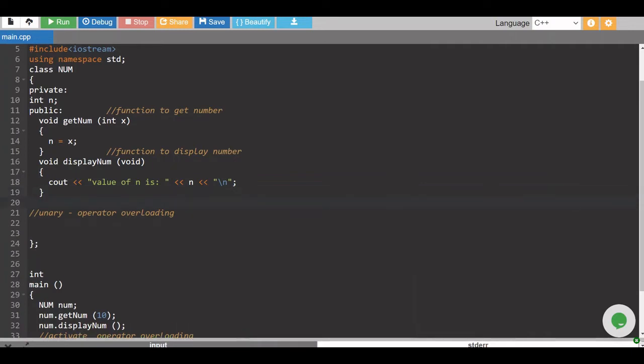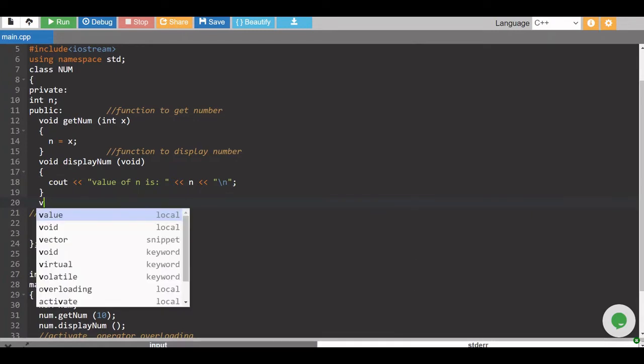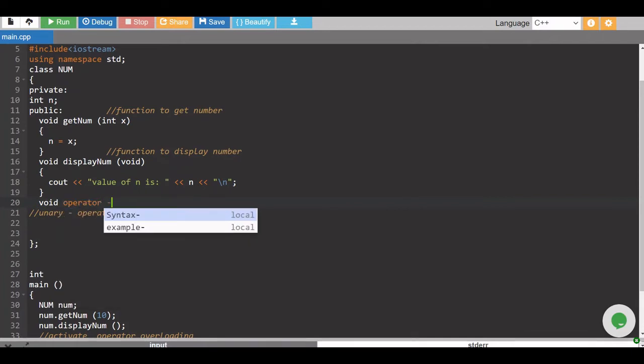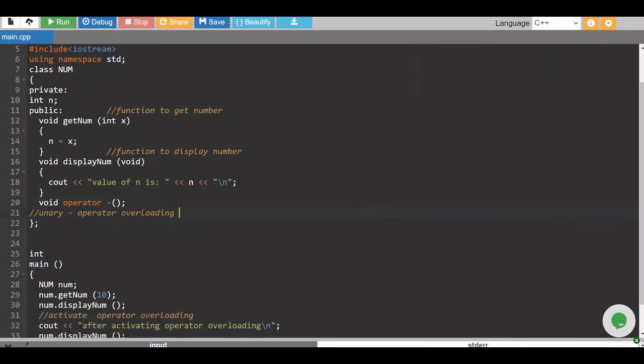After that I will declare my operator overloading, that is void operator, then the sign of the operator and the brackets. I don't need to pass any argument, as I already told you that while using member functions we don't require an argument list for this.